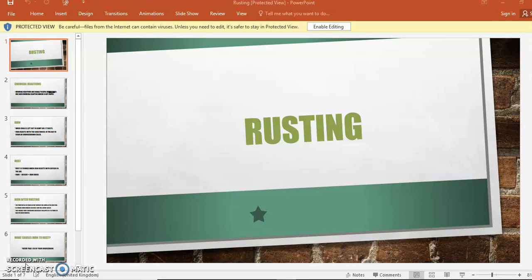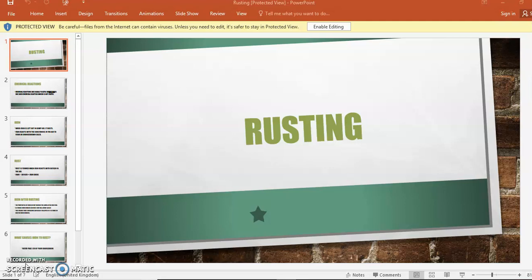Please take out your science course book and open page number 120. There is a topic, rusting. And in this rusting, I know you all know the meaning of rusting and also the example of rusting. But we have to discuss because it is given in your syllabus. Now see,